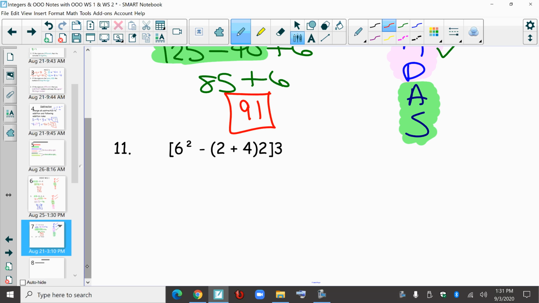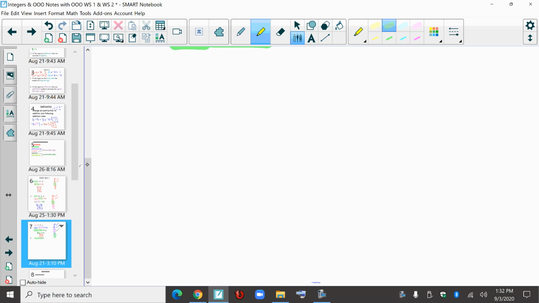That brings us to number 11. Number 11 says to do, we have brackets. Brackets, how are they different than parentheses? Brackets are big sets of parentheses, which means I have to do every single thing that's inside the bracket first. So I have to first calculate my order of operations using PEMDAS just in the brackets. So if I'm doing that and I'm just in the brackets,